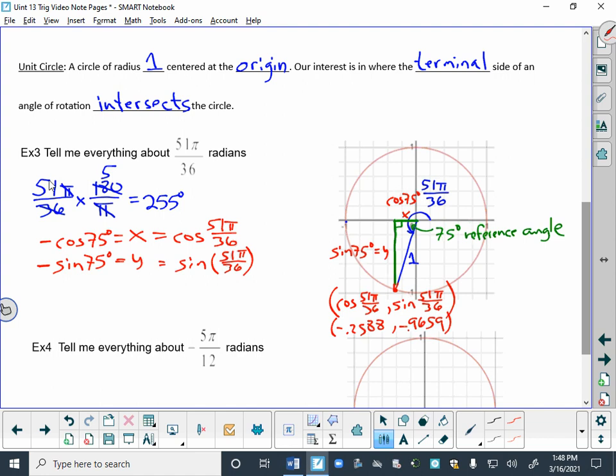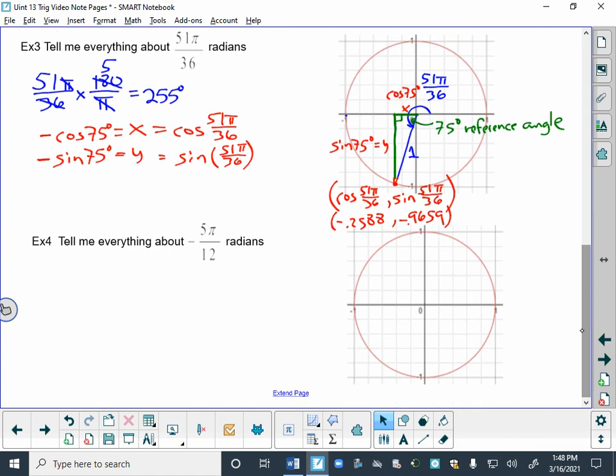I would say if this is about a half, I did a pretty good job of drawing that in there. It probably should have been squeezed in there a little bit closer, but this is definitely down there close to the negative 1. So everything seems to be checking out there. Let's try another one of those. Let's look at